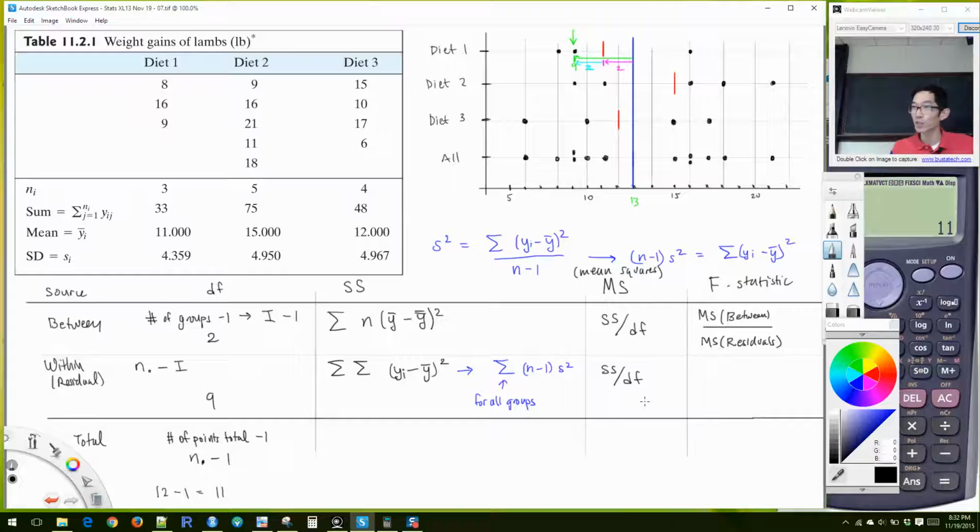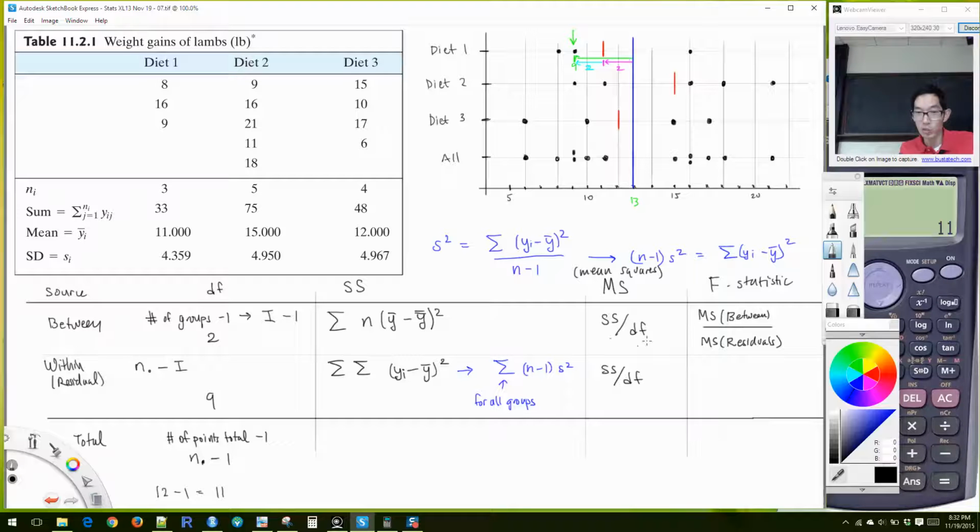You know, individual lambs are different from each other. That's something that we can't avoid. What we want to know is if the diets are causing a certain amount of variation. And maybe they are, maybe they aren't, okay? And we're going to make a decision about that based on whether